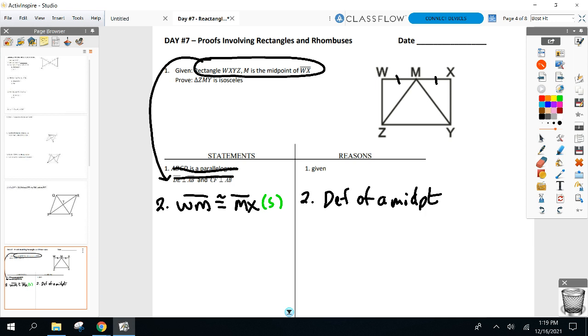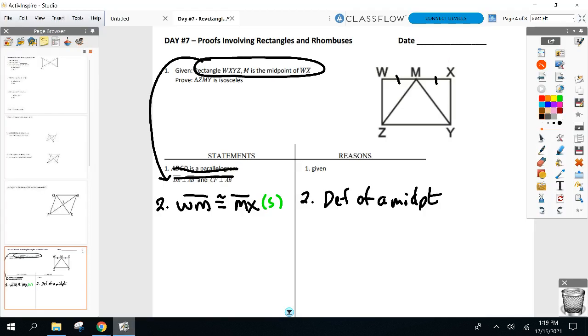Next up, you and your group use the fact that this is a rectangle to get another property, but don't write anything down, just discuss it. Go, 30 seconds. Don't write anything down. Using your knowledge of a rectangle, what else is true? So we have to say that they're right angles first. Then we